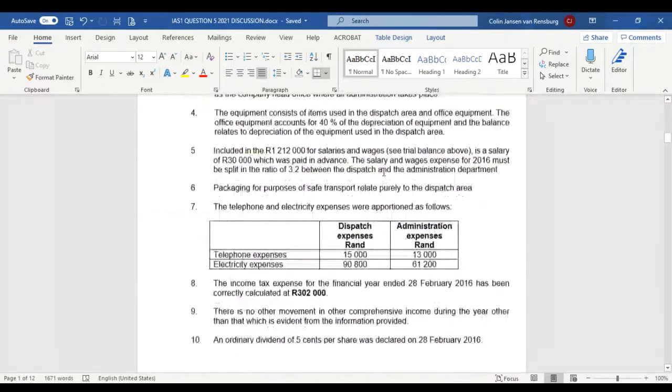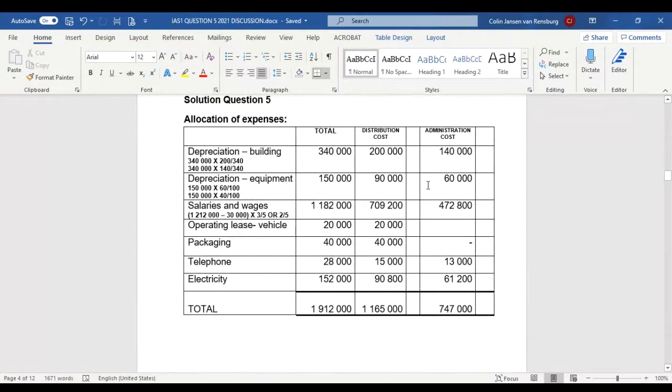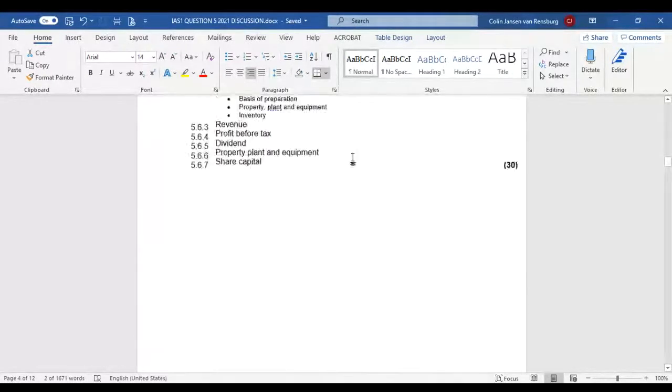So we must now go and draw up a little allocation table for ourselves. This is what the allocation table looks like. Right, so we've drawn up a table. We say we are going to allocate the various expenses according to their nature as presented to us, to certain cost functions, right? A distribution cost function and an administrative cost function. Okay, so now we see that the depreciation on the building, we take this directly from the total, directly from our